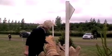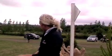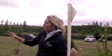Fence 13. Just obviously a little rainy fence. Obviously you can see a real steep landing to a little brush. We just watched one horse go, and